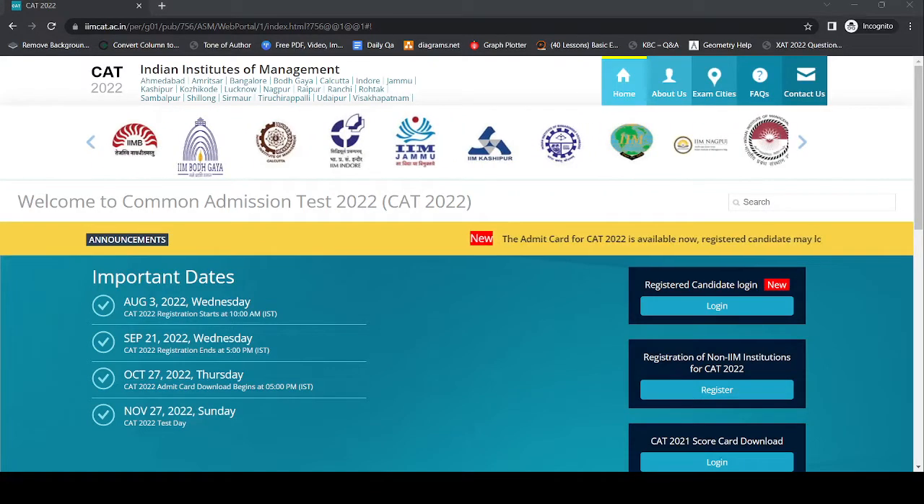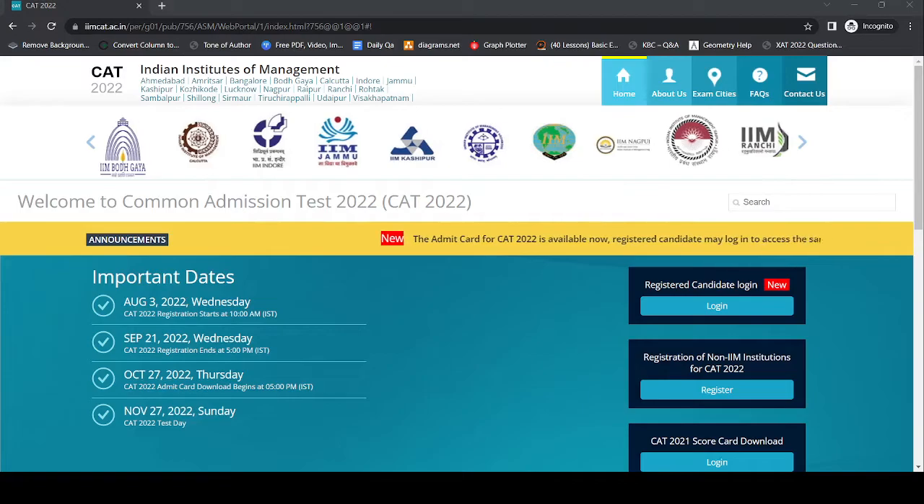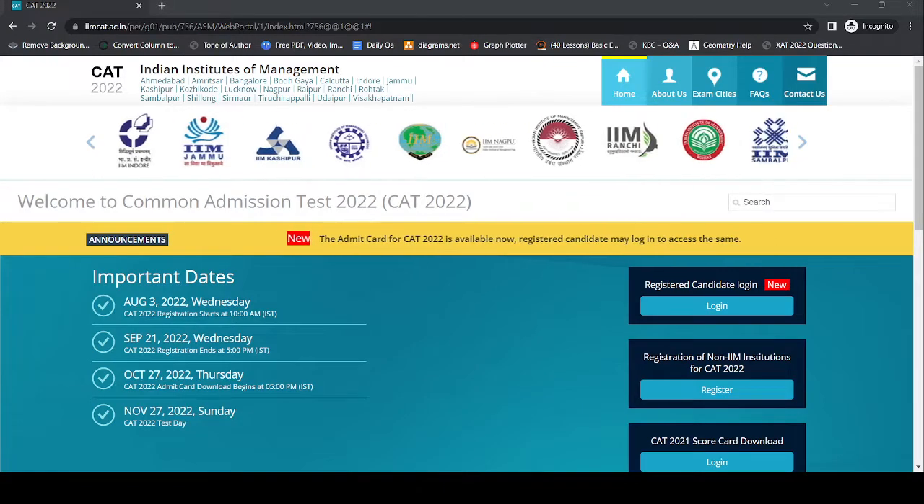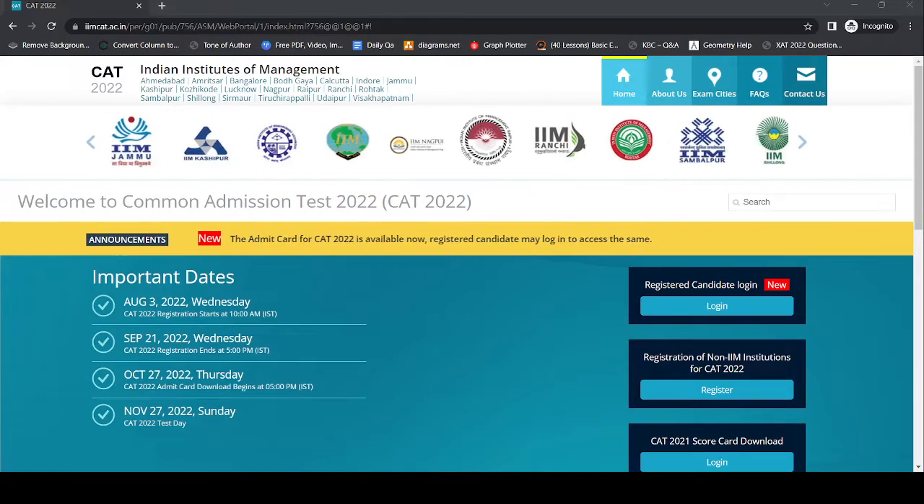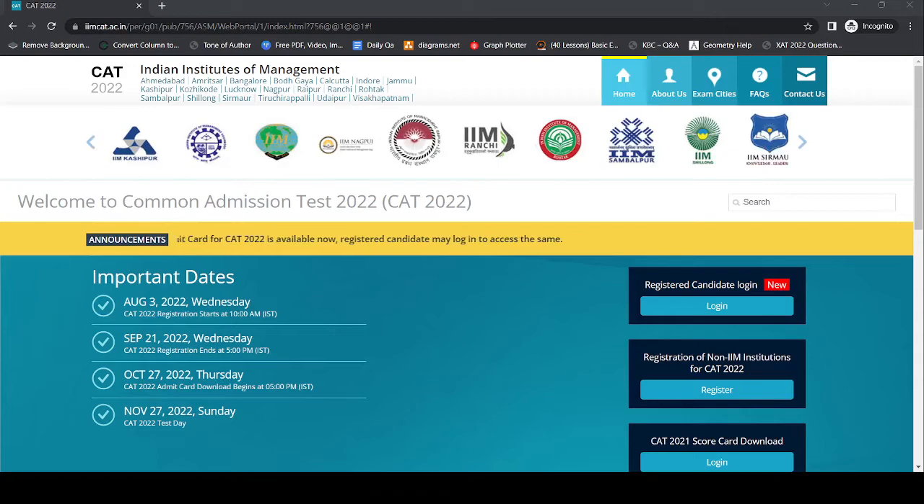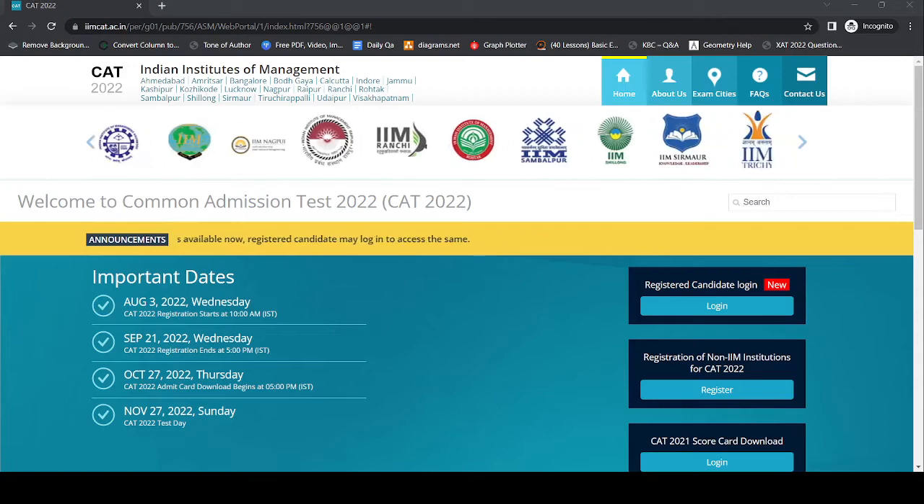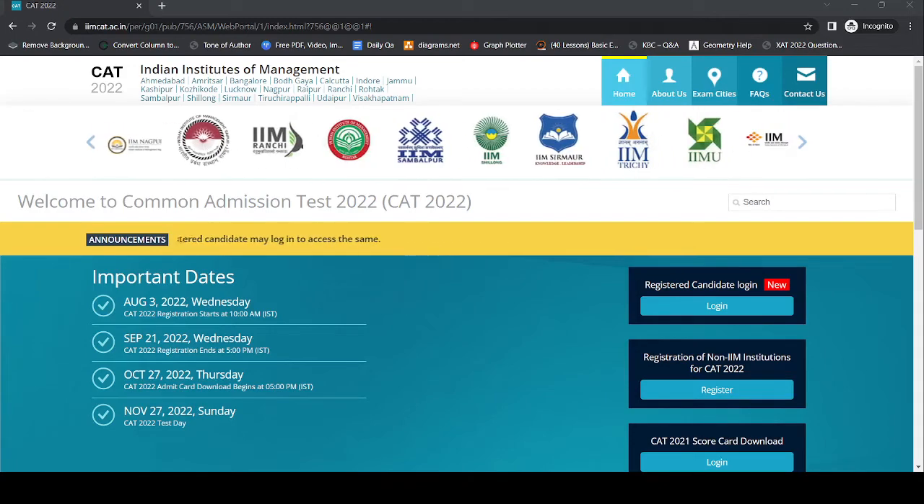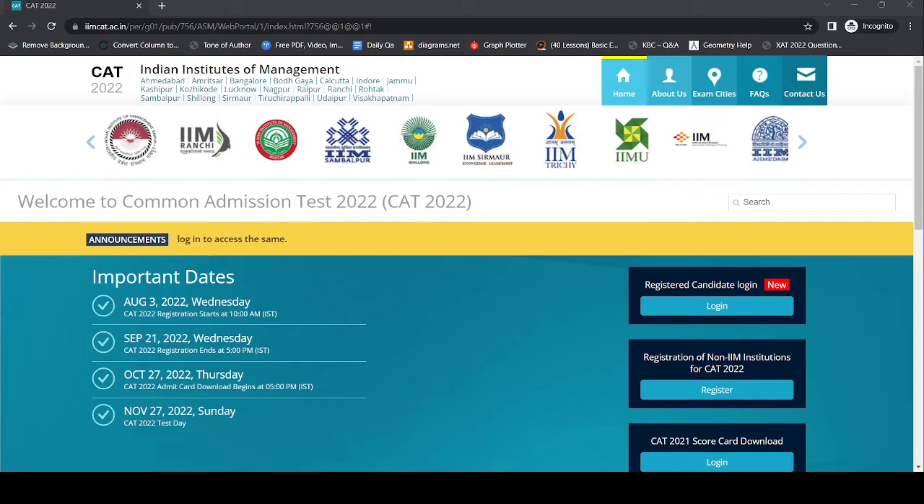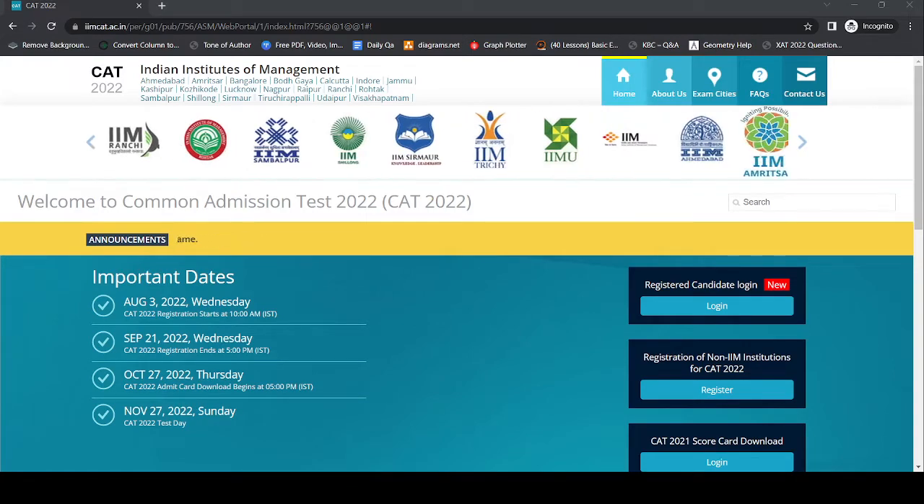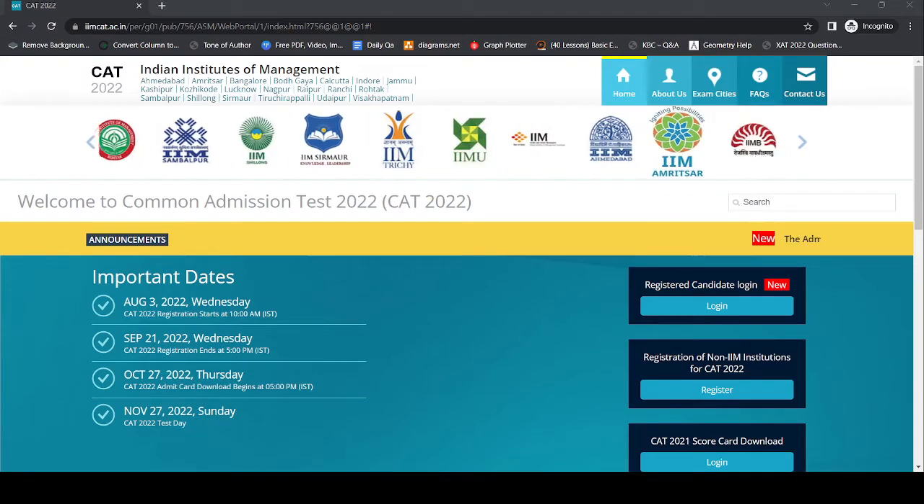CAT released its official mock test yesterday. It is the slot 1 paper of CAT 2021, so it does not have any new questions. The only purpose of this mock test is to make you familiar with the CAT interface. So in this video, I'm going to show you how the interface looks like, what are the features that